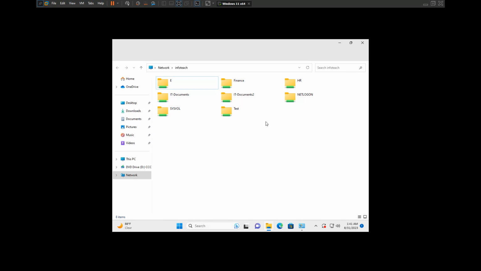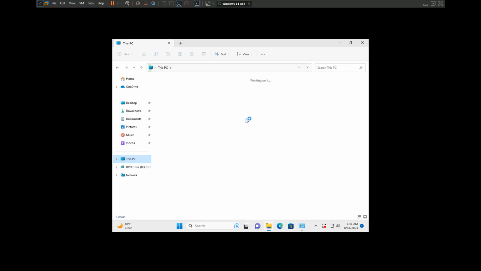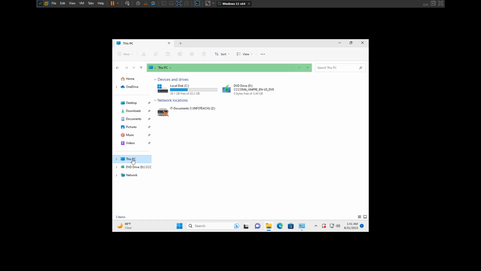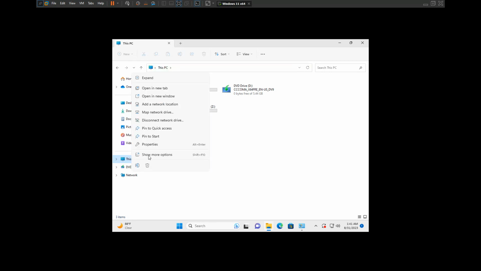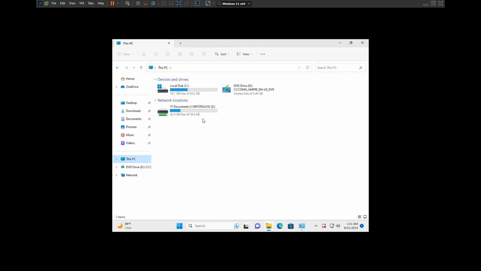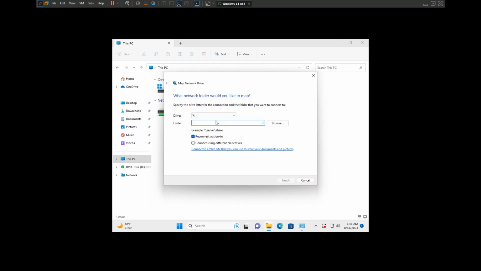See here my all IT documents, finance, HR, all shared drives you can see. Now you can also map this drive. Okay, I will show you how you can map this drive in Windows 11 for drive. Okay, you need to type your server name, then your drive name. Okay,